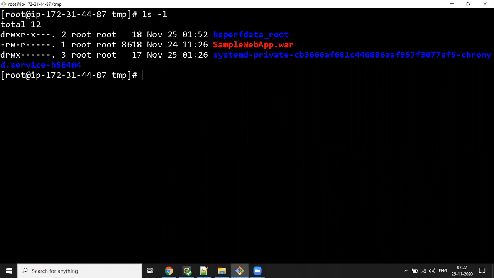Okay, it is there. I want to copy this file to my Chandra folder. For that, you need to use the cp command, the sample war file name, and where you need to copy this file.